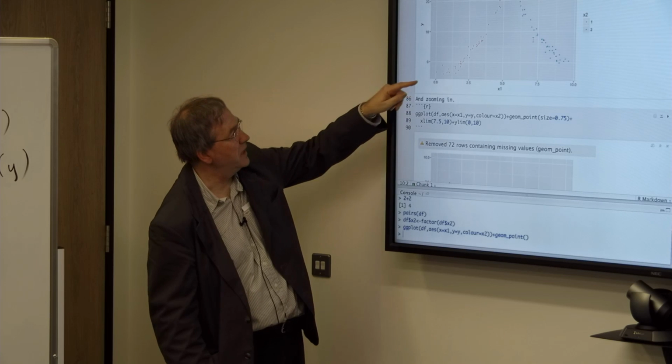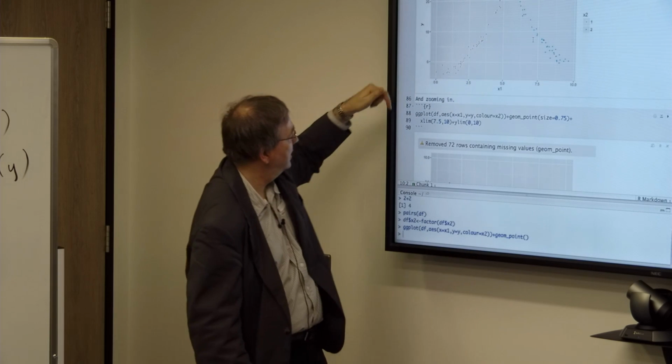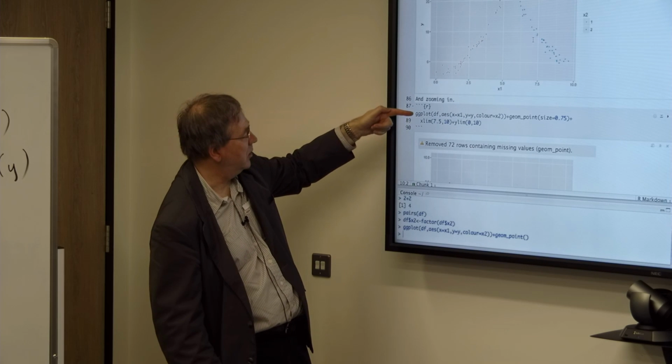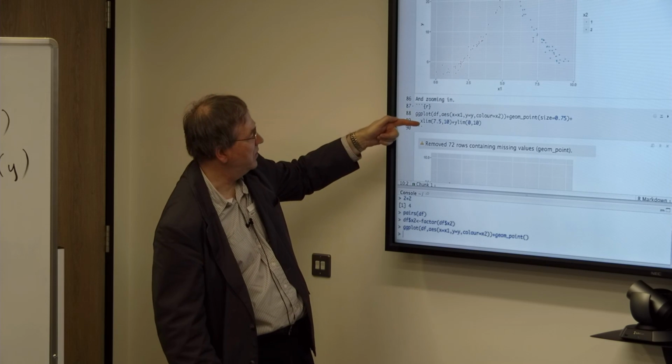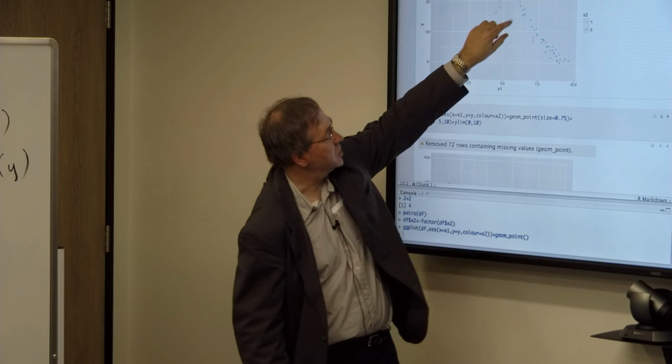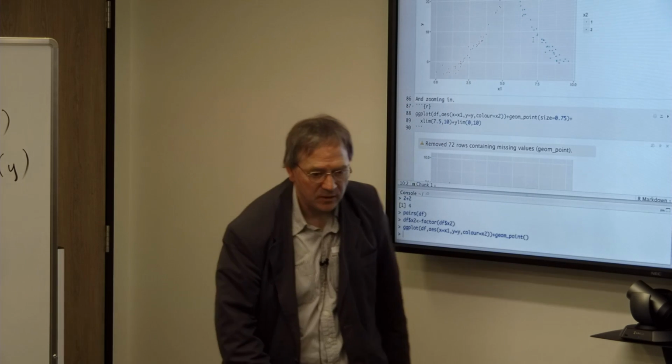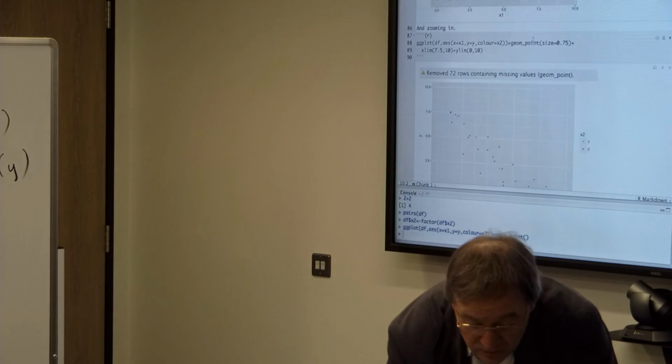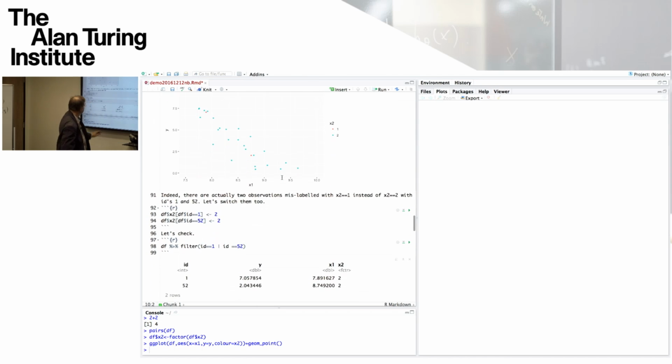Also, we could zoom in on this part of the graph by a similar R plot where we specify the limits on the x-axis and the limits on the y-axis just to be that area there. So if we do that, we see this thing here, and so there's the red point and there's the other red point.